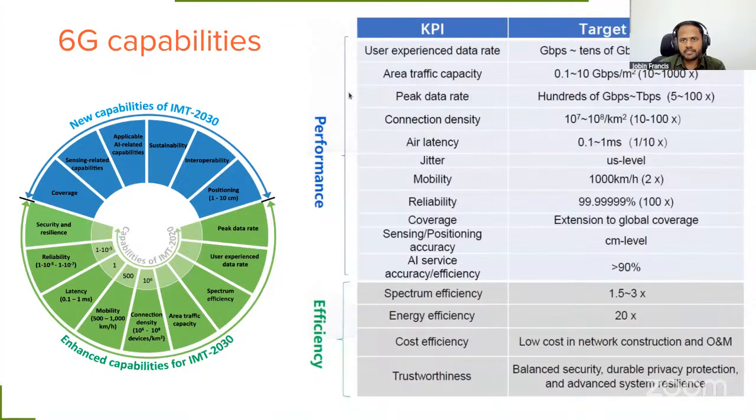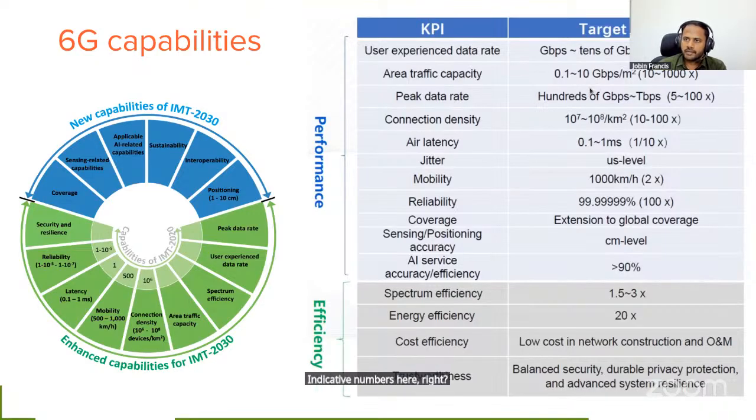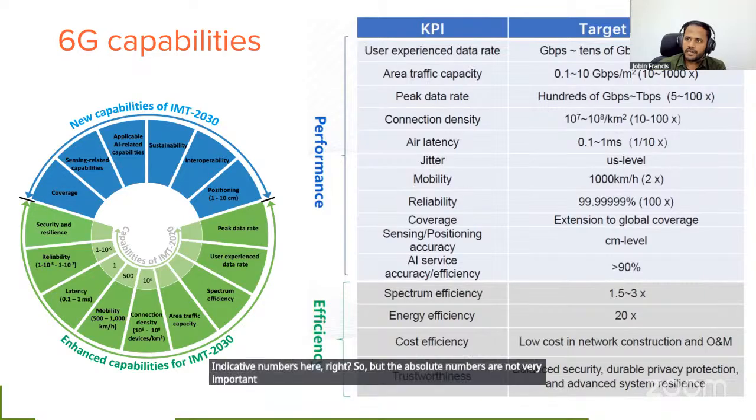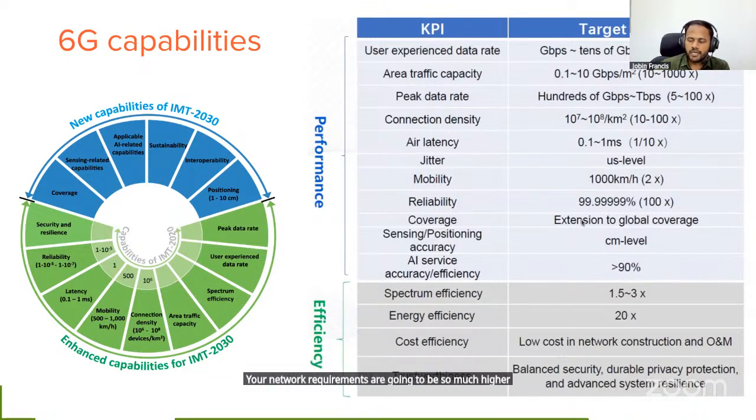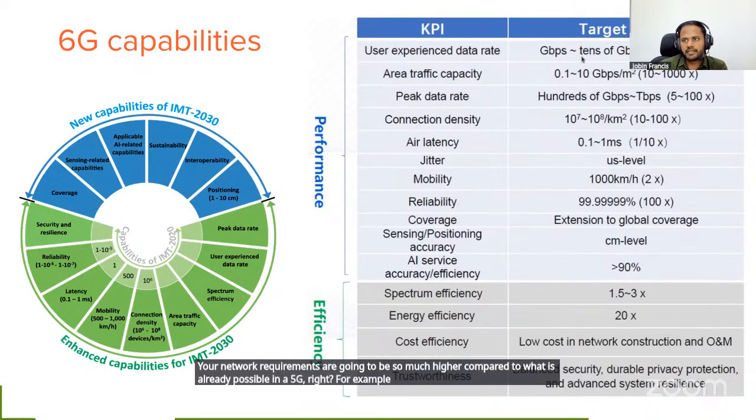Okay, so I'm just showing some indicative numbers here, right? But the absolute numbers are not very important. All you have to see here is that this requirement is going to be 10x or more higher than what is existing with a 5G network, right? So your network requirements are going to be so much higher compared to what is already possible in 5G, right? For example, the peak data rate that you might get to see would be of the order of